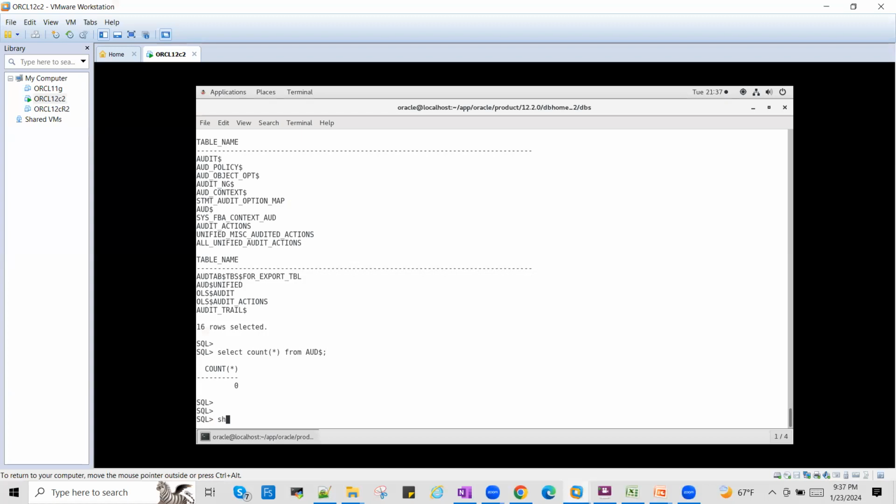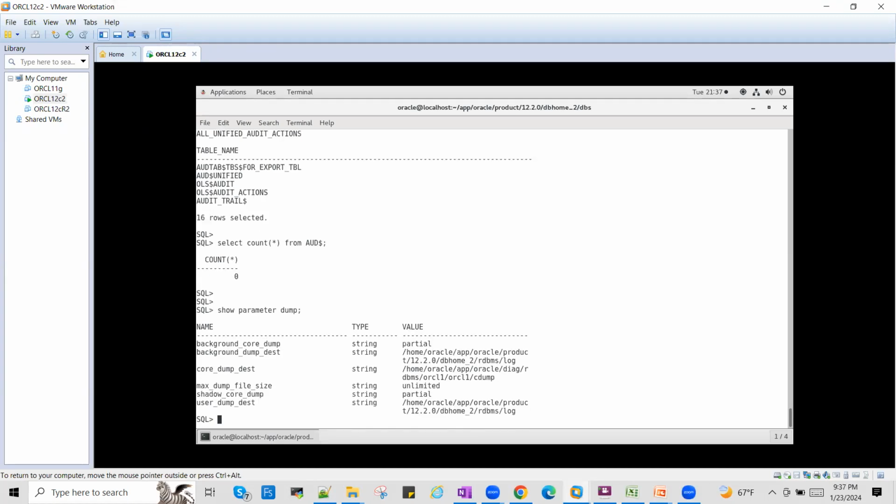Best way is to just do show parameter dump. When you do show parameter dump, it will give you background dump destination, core dump destination, and other values. So this background dump destination is what you can use, but not completely. What I generally do is, no, don't use background dump. This database is a little bit different, so use the core dump destination. You can just copy this value, whatever it shows you,